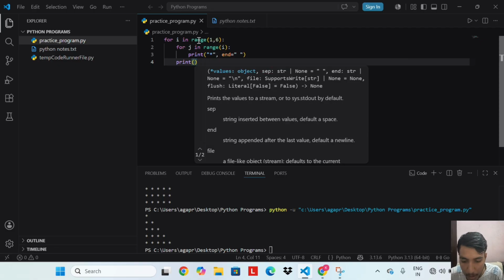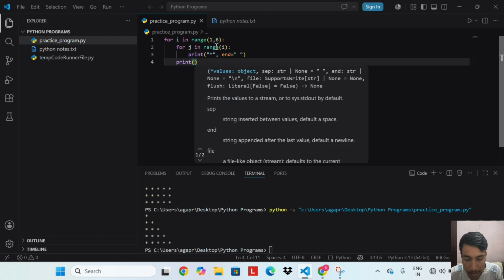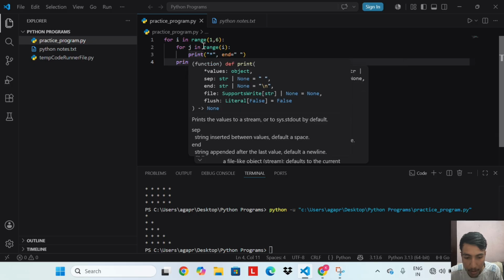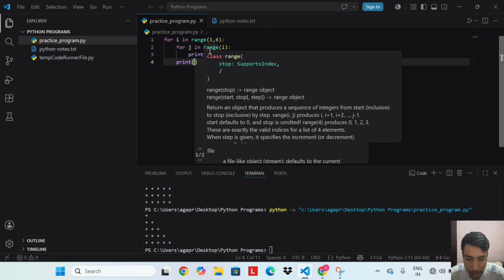Row 2, i is 2. Inner loop runs twice, prints 2 stars. Row 3, 3 stars printed. Row 4, 4 stars, and row 5, 5 stars. This creates a triangle shape. The key idea is the inner loop runs i times and i increases with each row.